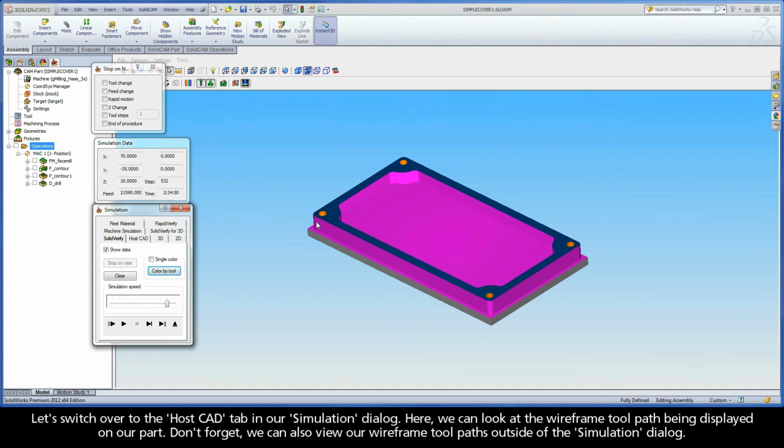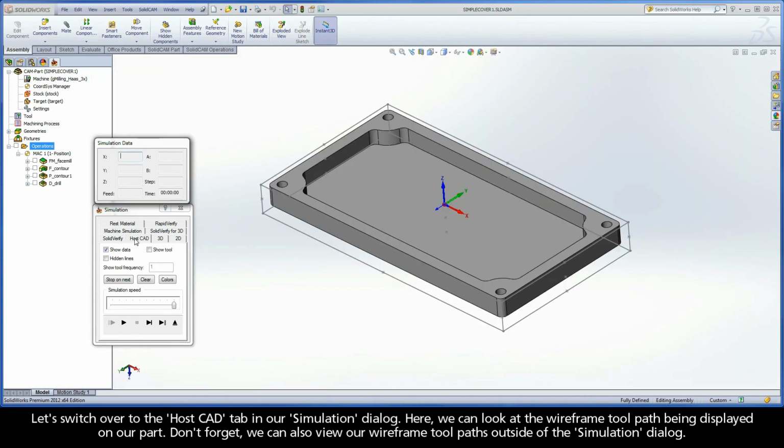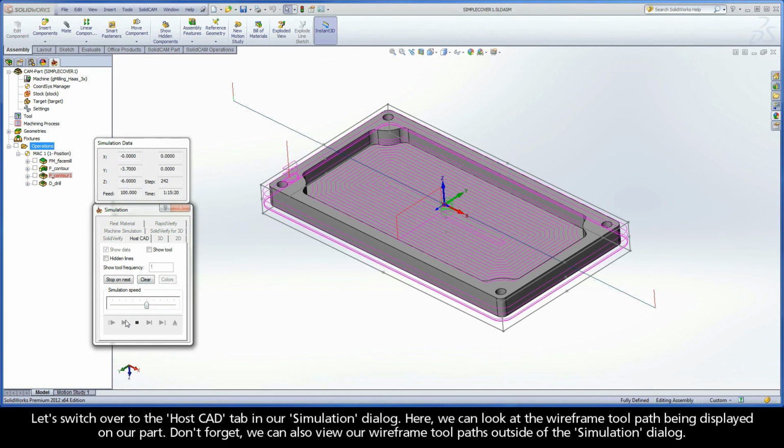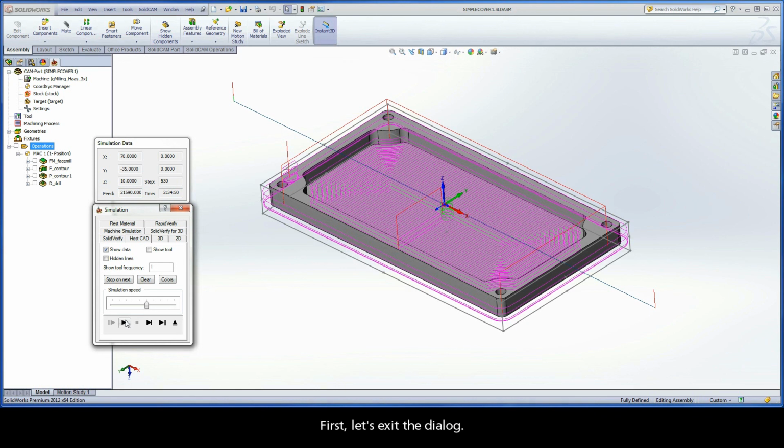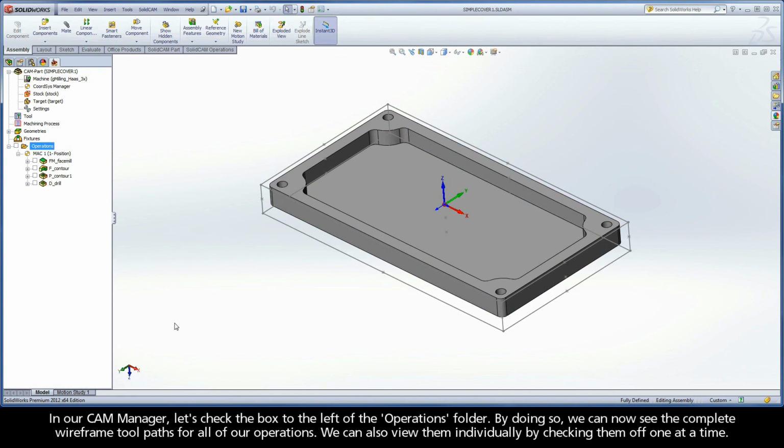Let's switch over to the Host CAD tab in our simulation dialog. Here, we can look at the wireframe toolpath being displayed on our part. Don't forget, we can also view our wireframe toolpaths outside of the simulation dialog. First, let's exit the dialog. In our CAM manager,